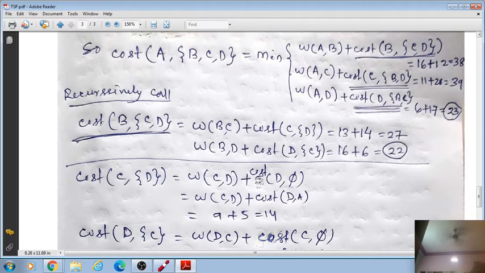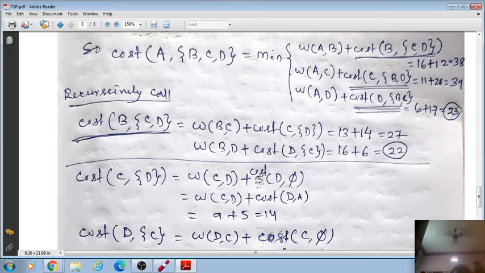So cost of CD, we just see, this will be weight of C to D plus cost of D. If D is taken inside C, one element is there. If D is taken, there will be no elements, no stations, we can say no more cities. So if no cities are more, where is he to go? He has to go to the hometown. That's why you always have the hometown, that is A. So this is weight of CD. That is not cost, we can say this is weight of D. Okay, not cost of D. Cost of D is weight of D.